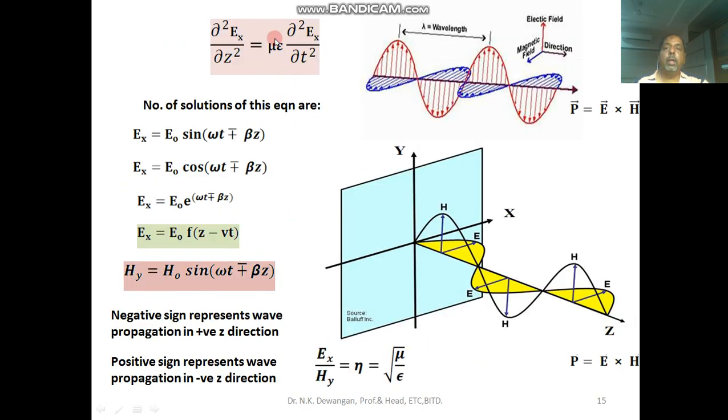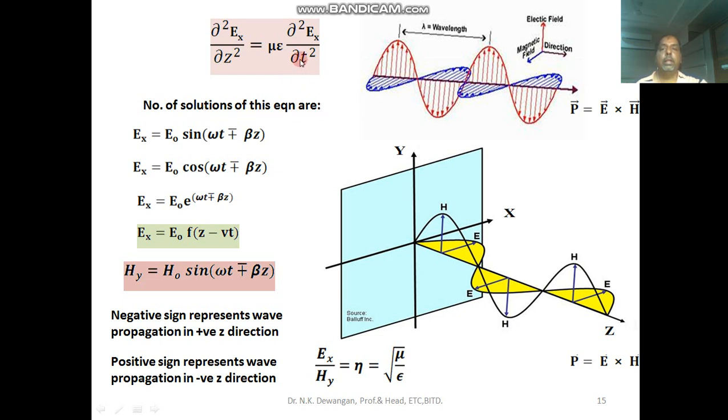Now what will be the solution of this equation? The electric field E is a function of space and time. Similarly, if you take the y component, it will also be a function of space and time both. So this is a partial differential equation where the electric field is a function of space z and time. So there are a number of